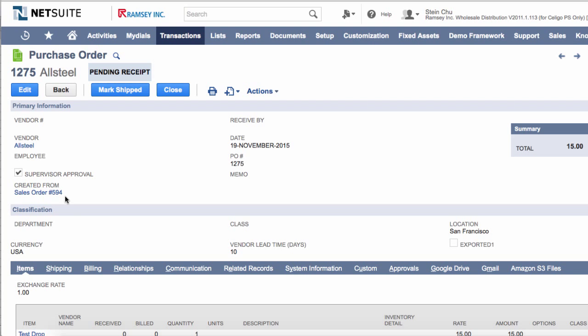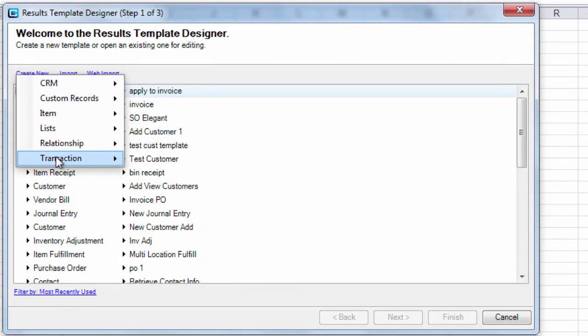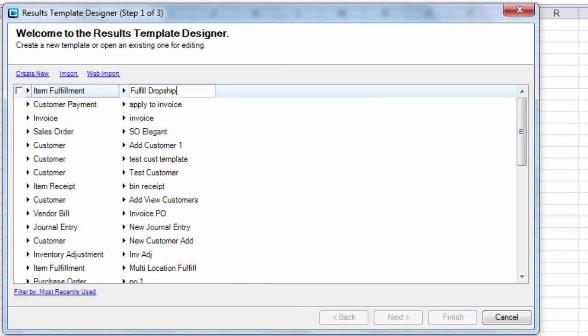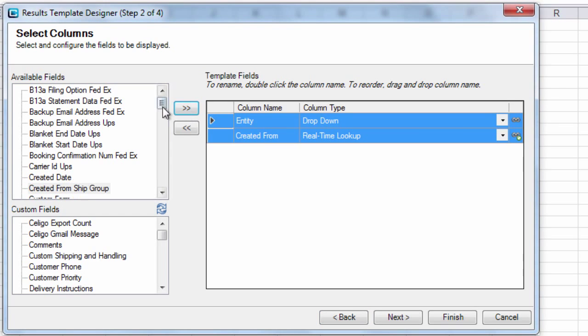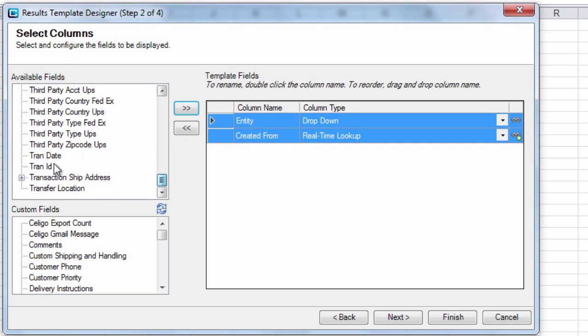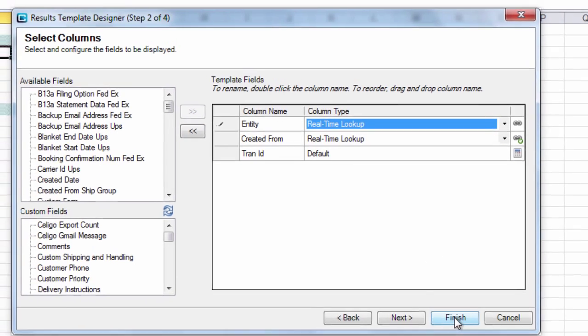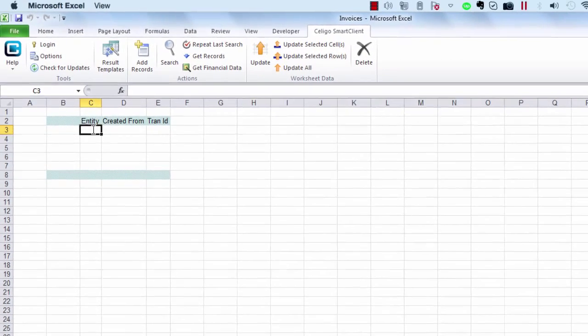receive the purchase order. To do this, first let's create a result template, create new transaction and item fulfillment. Let's add the created from, and it also adds the entity. We can add a transaction ID. Set this to real-time lookup. Add records, item fulfillment, entity,